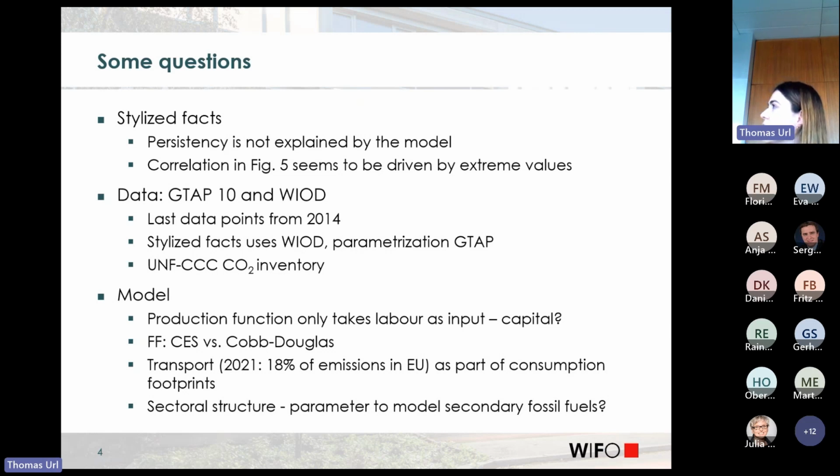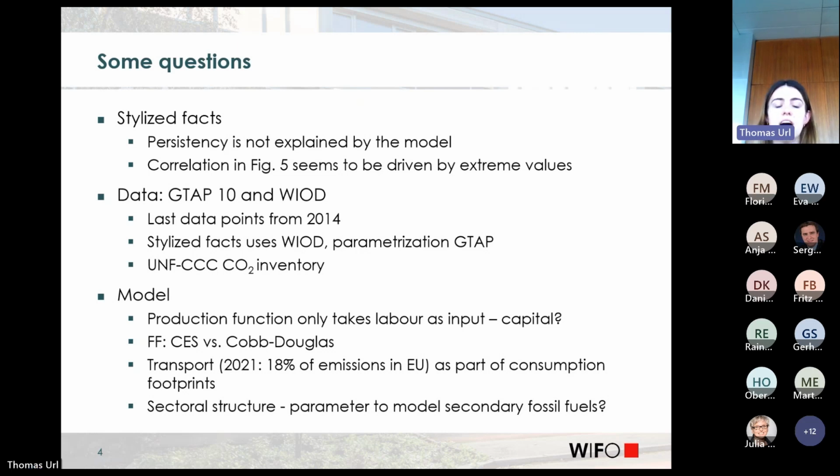Then I think you showed us a different correlation graph for figure 5. You sneaked that past. Yes, I think the difference is a different data source. Is that correct? Yeah. Okay, because it's the same as the model. That was actually one of my observation points, it was a bit unclear why you use two different data sets, and where you started using the GTAP and where you stopped using the RIAT.